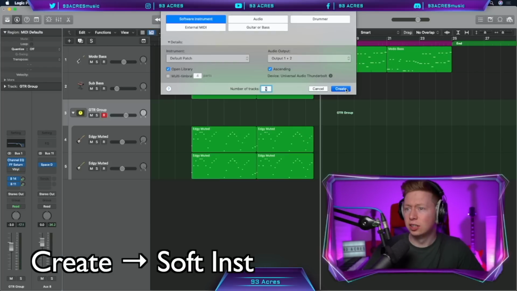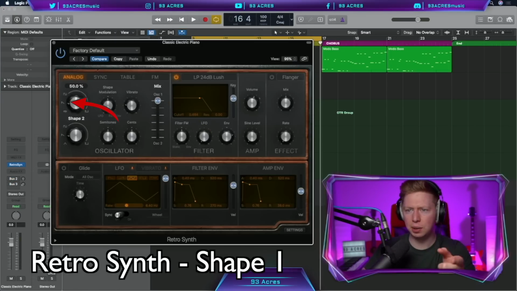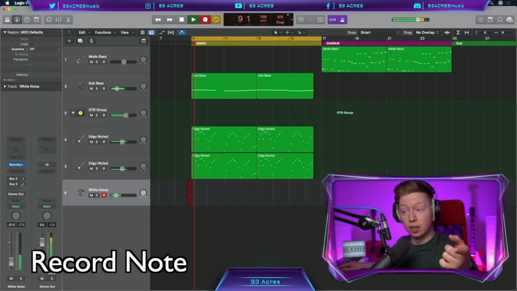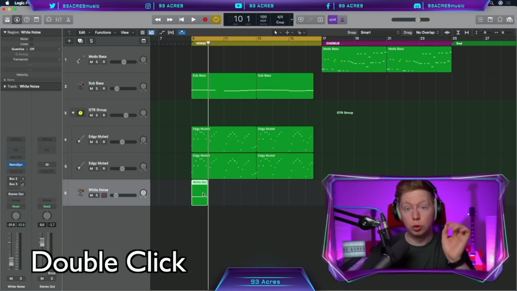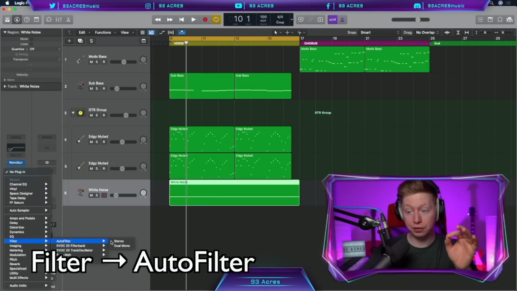Right, guys? Great. Software instrument, retro synth, stereo. Mix all the way to oscillator 1, shape 1 to white noise. Turn off the filter, turn down the volume, and record in one single note. Double click on the MIDI, elongate it out, EQ out some of the low end, filter, auto filter, press A